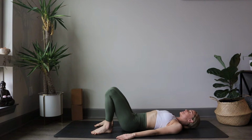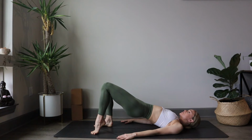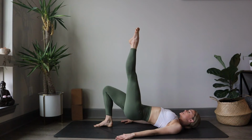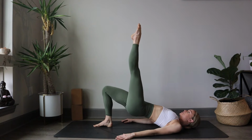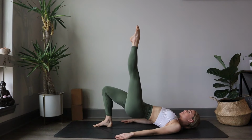Excellent job. On your next inhale, scoop the hips up to the sky, pressing down into the heels. Toes are nicely placed on the floor. And inhale, start to peel the left foot off the floor, reaching for the sky. And in doing so, press into your right heel, lifting your hips higher. Challenging yourself, pushing through that right glute and hamstring, leveling off the hips. Inhale here,